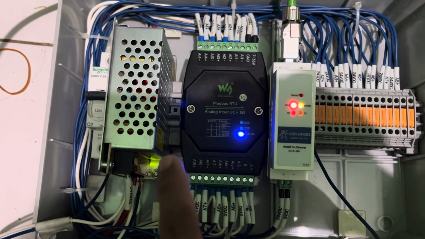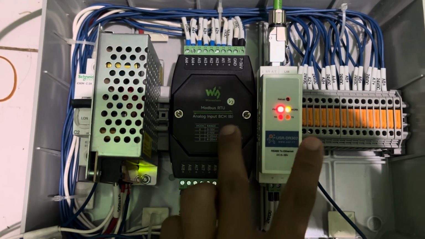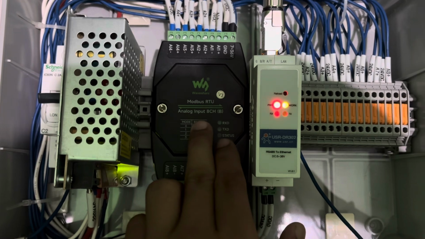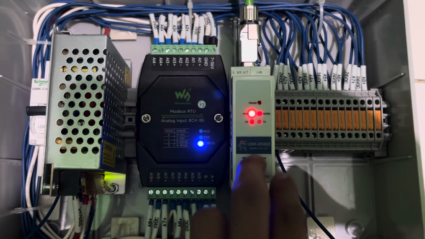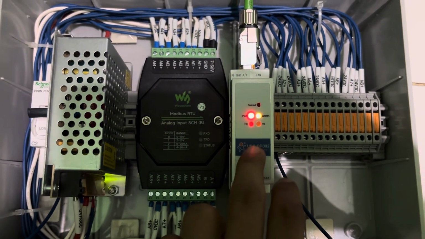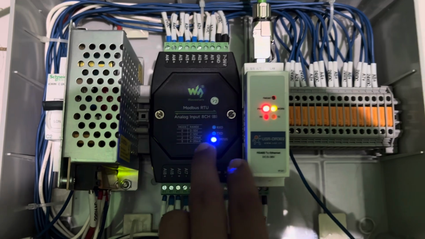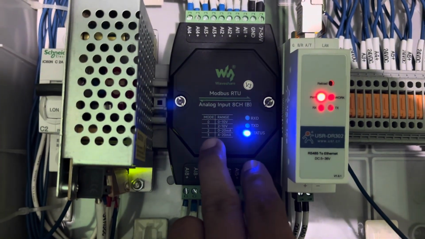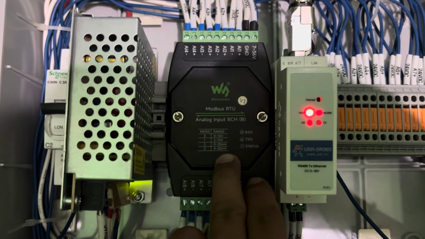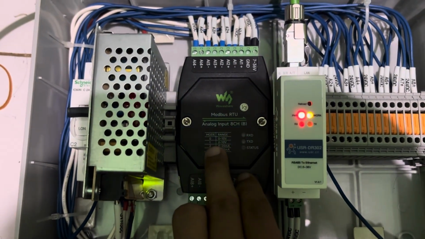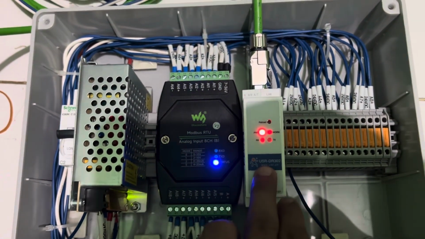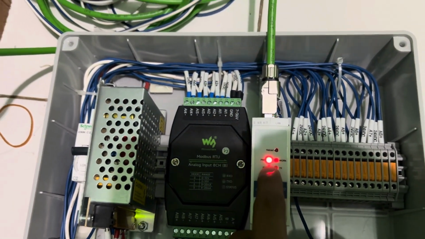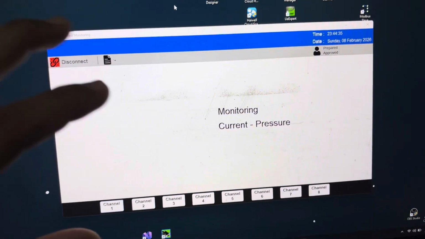I use a 24-volt DC power supply for two modules. The first is the analog input 8 channel to Modbus RTU. After that, I use a Modbus TCP to Modbus RTU converter or gateway. For the analog input 8 channel, I use mode 3 for up to 20 milliamp, so this module can read up to 20 milliamp. After that, it converts to Modbus RTU and converts again from Modbus RTU to TCP. So this software can communicate over Modbus TCP with my hardware,